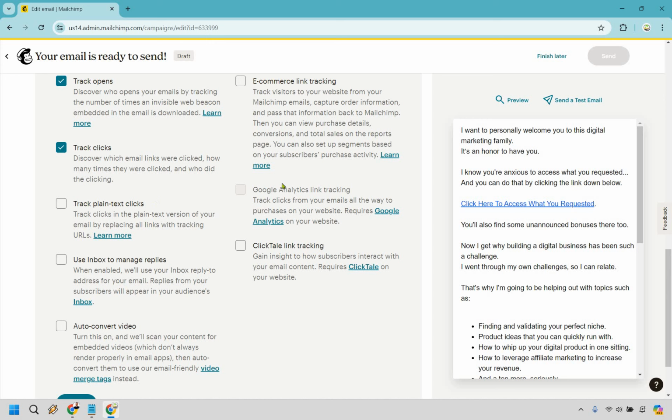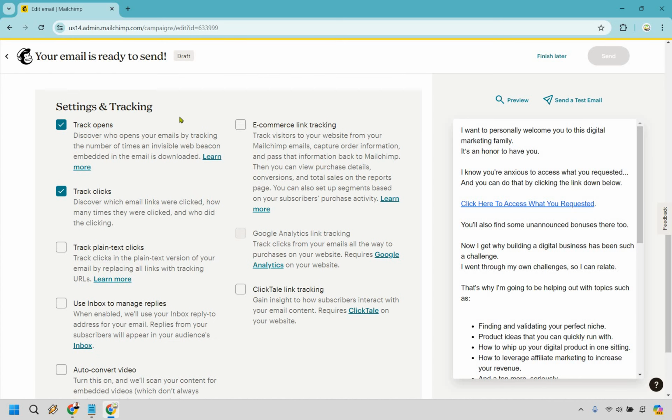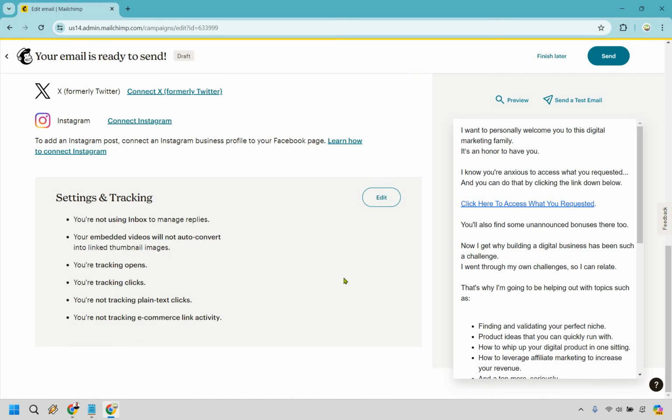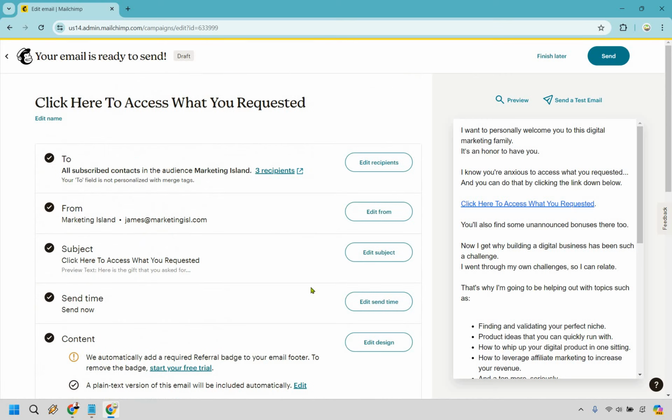There's going to be a few other things, like for example, if you want Google Analytics e-commerce link tracking. If you're not really doing e-commerce type stuff, it's not going to be as big of a deal. So I think these two are going to be the best for you, and they're already set up. So if you're good with that, not much that you're going to need to do. So the last thing, if we are going to be sending now, the last step is simply clicking on the